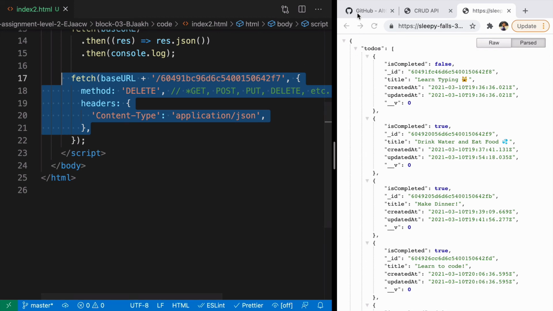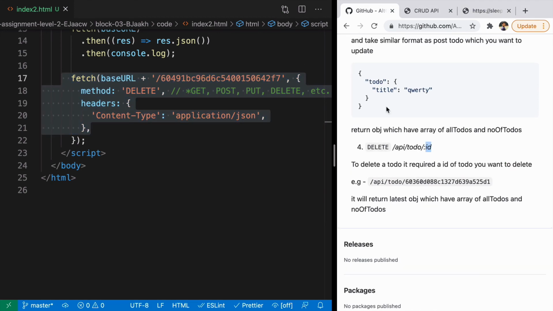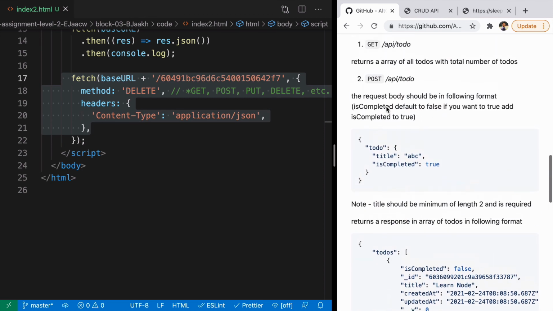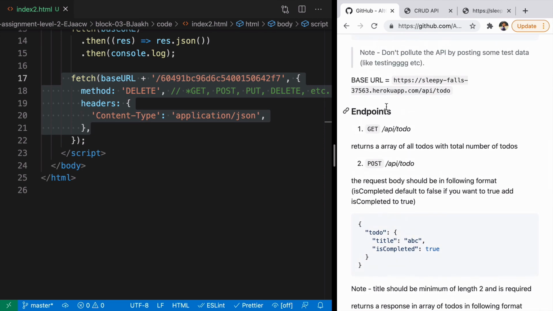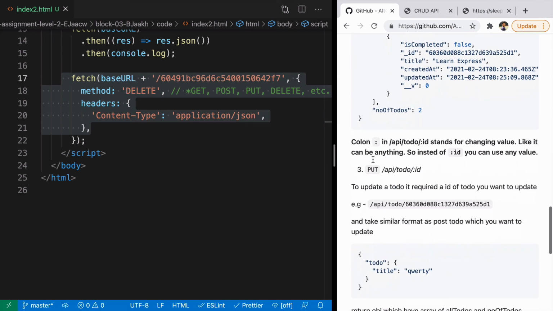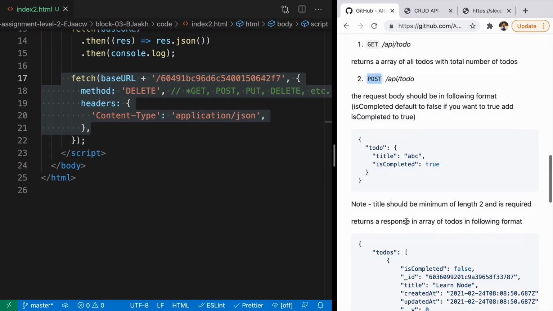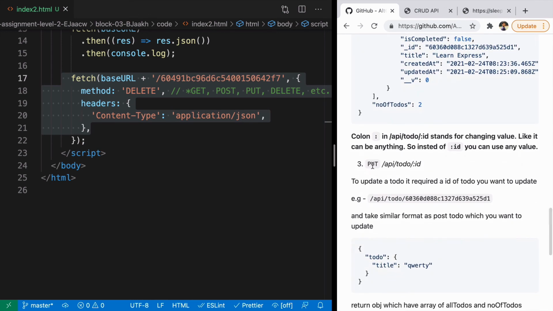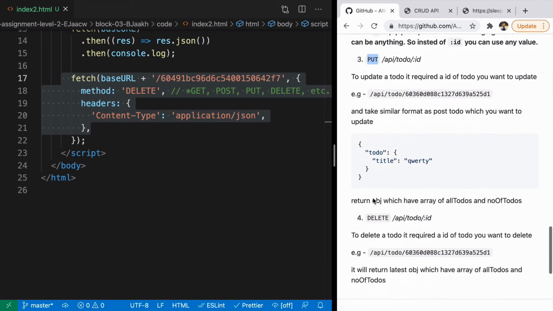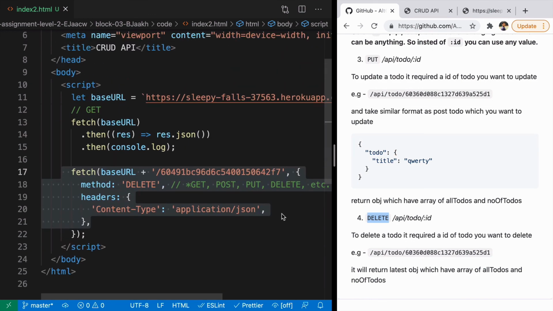So in this way, we got to learn that using fetch, not only can we make a GET request on any API or URL, we can also do things like post, put, and delete. Using post, we are able to add information. Using put, we are able to update the information, and using delete, we are able to delete the information.